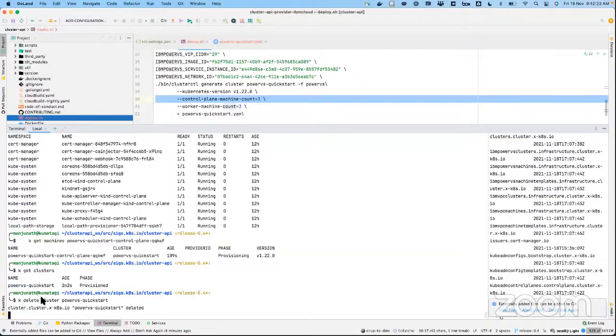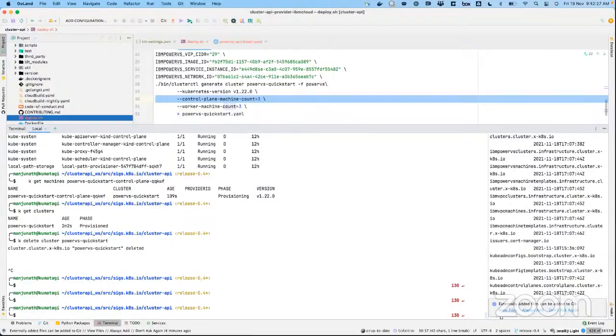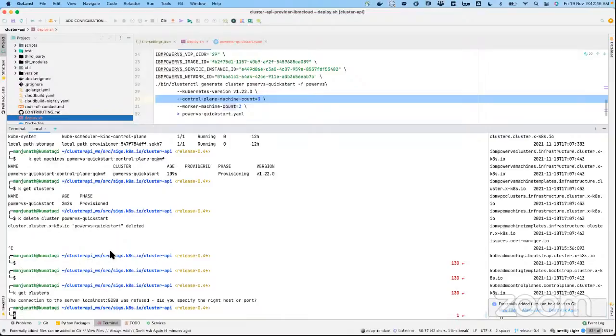This is somewhat a pain, and it needs some more work to make this smooth. So what I will do is delete the kind cluster itself, because deleting the cluster will take some time, so that we get a fresh cluster for the next demo.